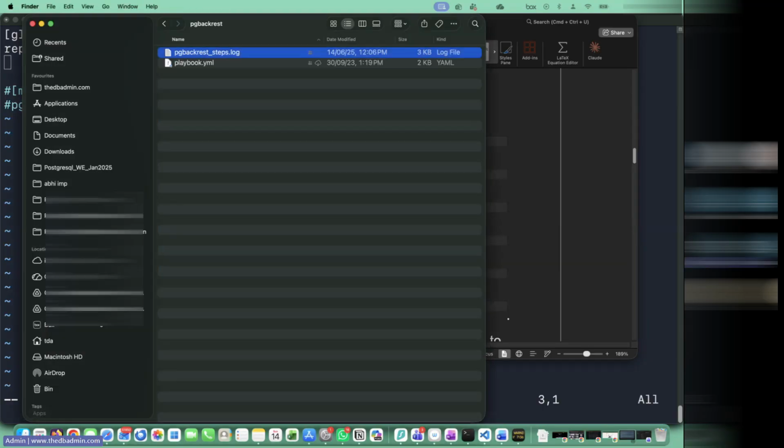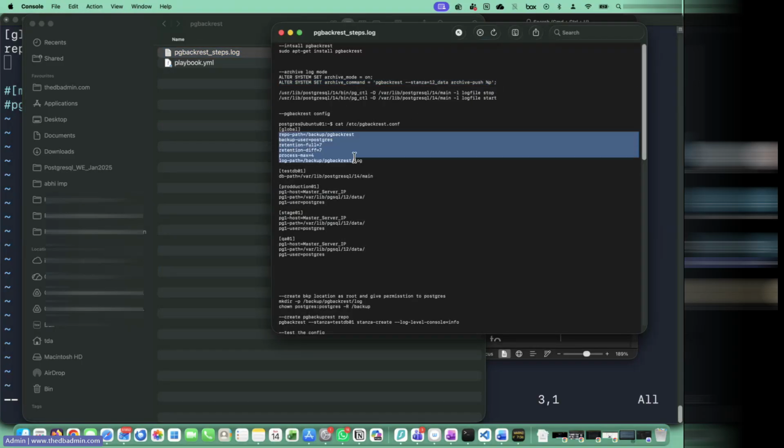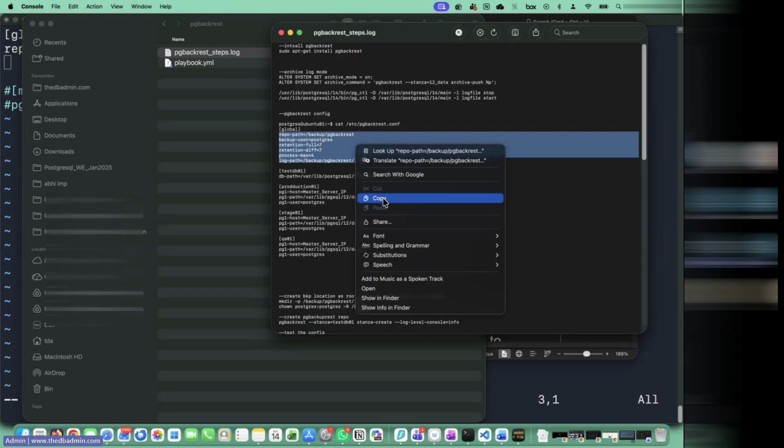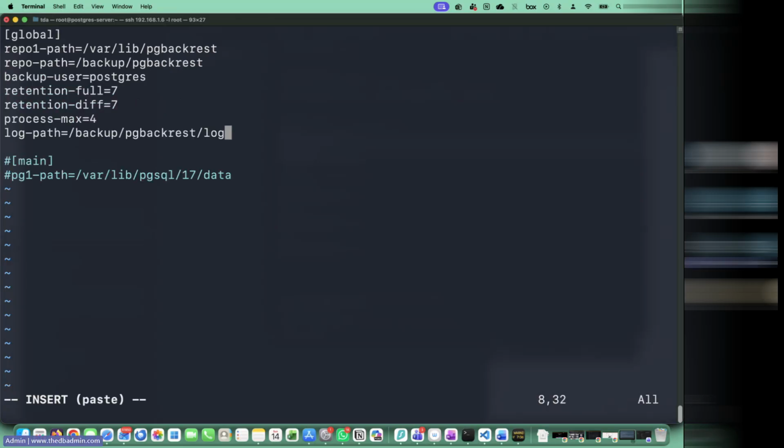So where is my pgBackRest config? Okay, so here we are done. Next, let's go to the global part. And under the global part, we have to add the following configuration. So here we are going to configure